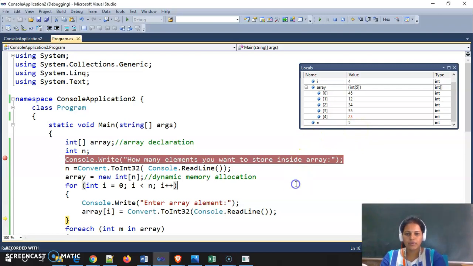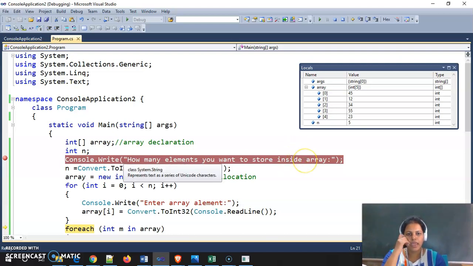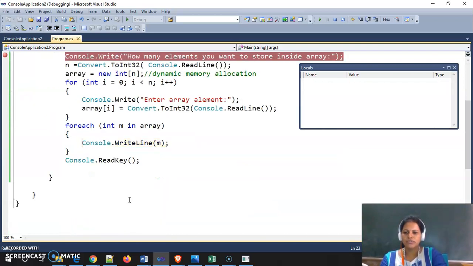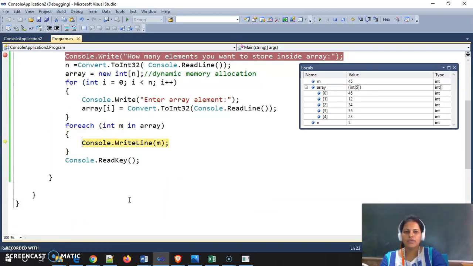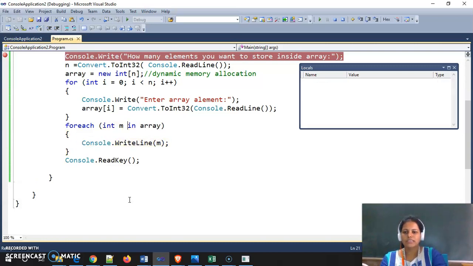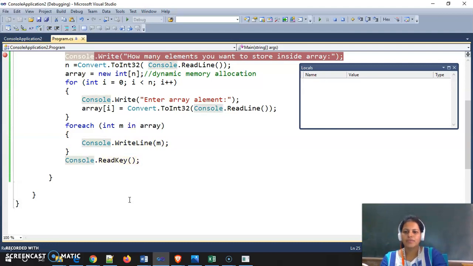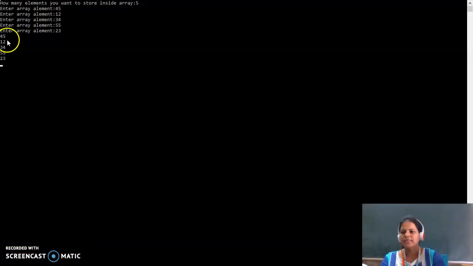Now again we go forward inside this for loop. Now my for loop will be terminated, and we go to this foreach loop. By using this foreach we access all the elements in this way, and we get the output like this.